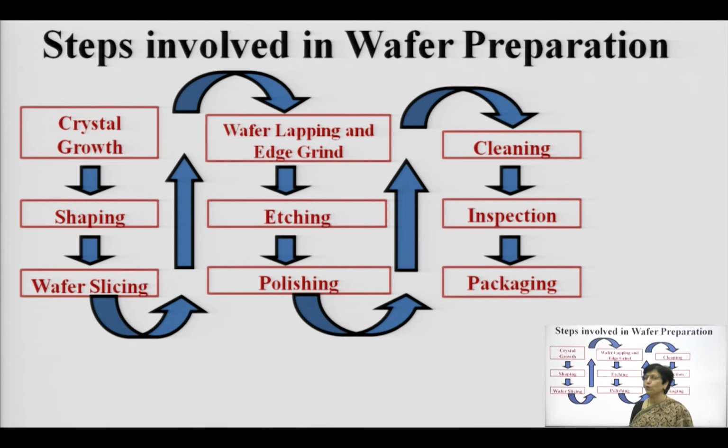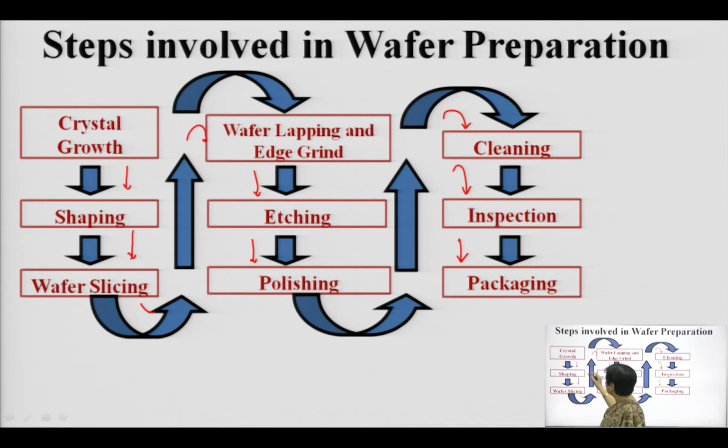So, how does the growth process start? It starts with single crystal silicon getting formed, followed by shaping of those, then wafer slicing, then starts the edge cutting, like you will cut the edges for identification marks, then you will etch and polish those to the mirror polishing process, like you will make the wafers as shining as your mirror. Then at every stage you have the cleaning process, then you have inspection of those wafers, and finally you will go for packaging. So, these are all the steps which are involved.